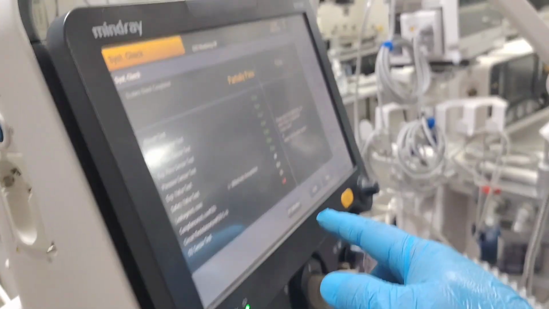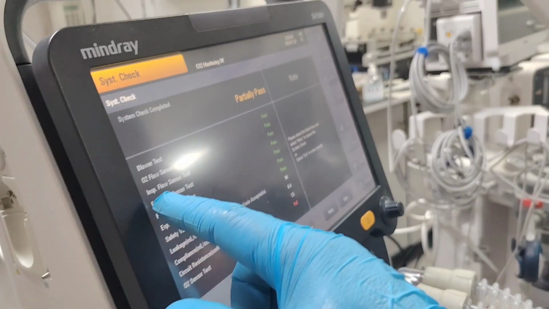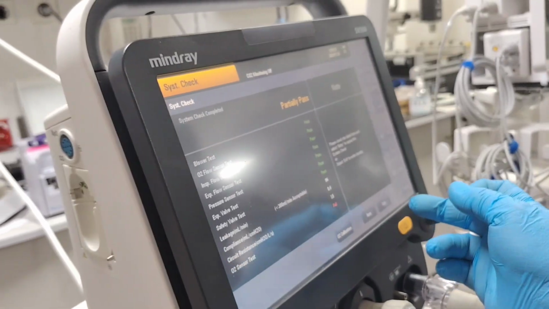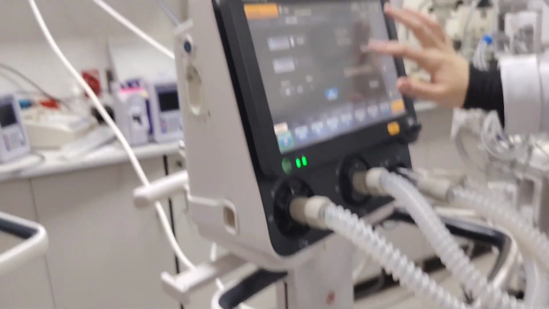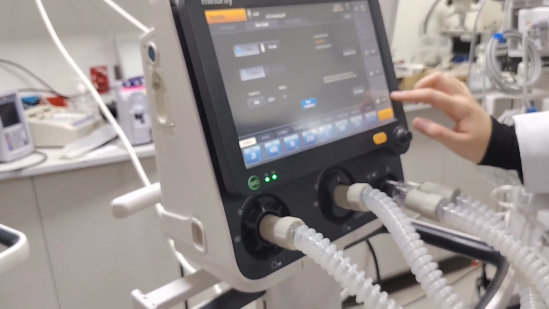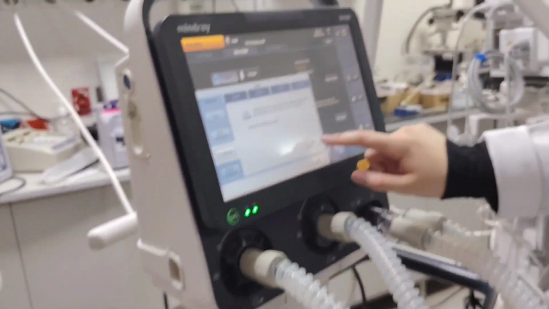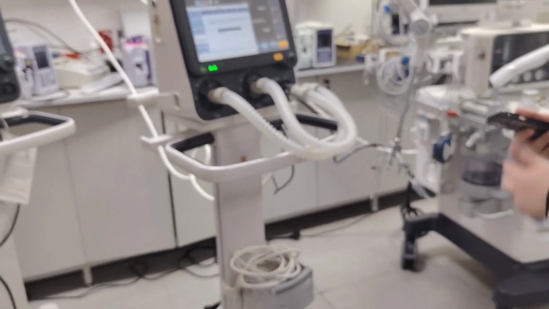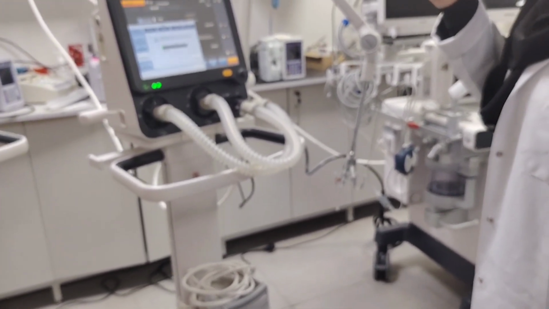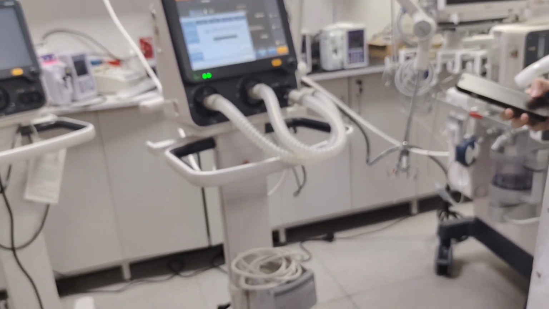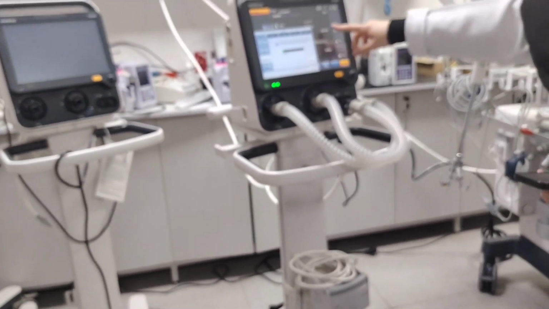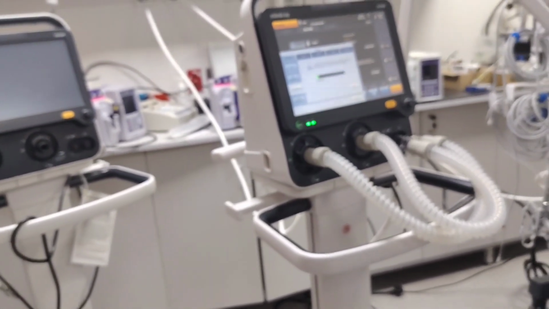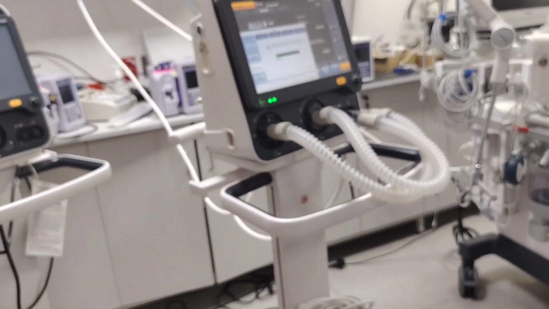Now see, fail, sir. But we already passed here. This means we need to calibrate. So you just go to calibration from here. Go to auto calibration and start. We'll make calibration 2 times. If this one will not pass, we need to change the oxygen sensor. We do the calibration from here when we change the sensor, and we do it from here before changing.